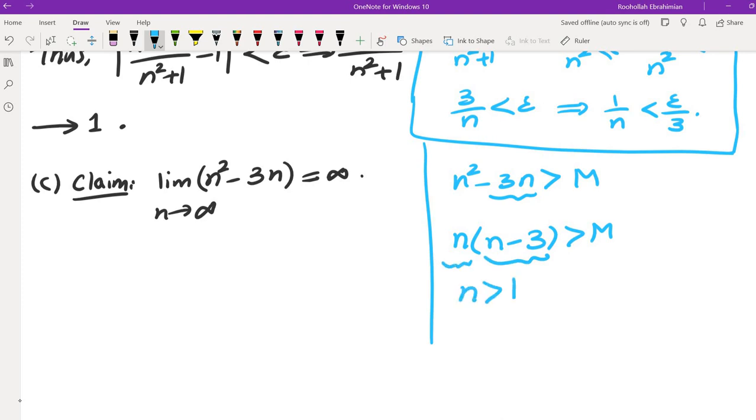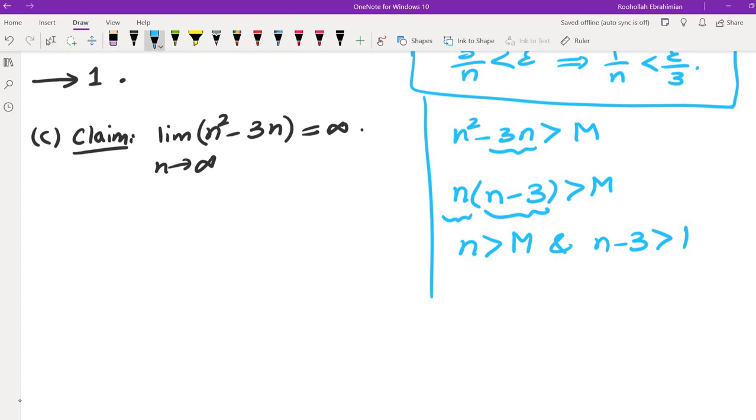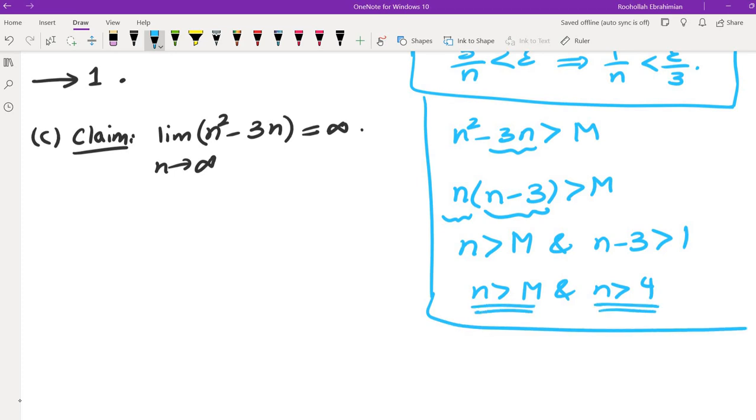So maybe make n to be more than, I'm sorry, n to be more than M, and make n minus 3 to be more than 1. So in other words, you need n to be more than M and n to be more than 4. And again we can guarantee that there is such an n because of the Archimedean property. Because the Archimedean property tells you that for every real number that you take, there is some positive integer more than that real number. So we're going to start with: let M be a positive real number, and by the Archimedean property